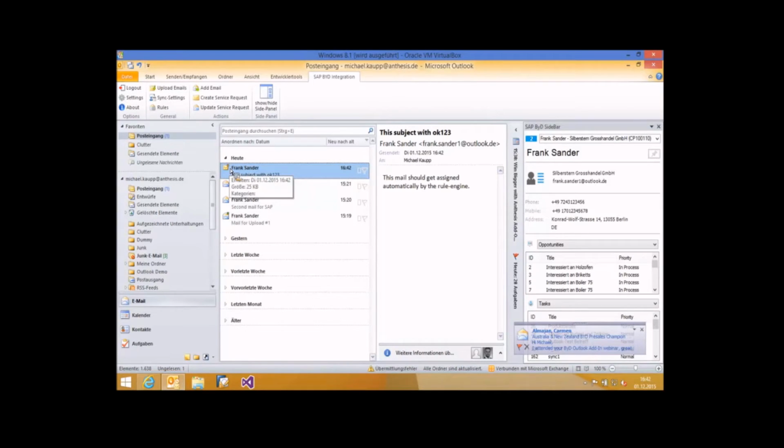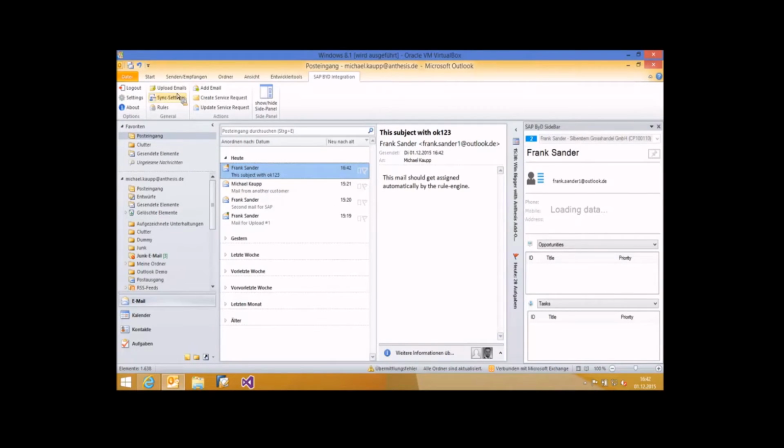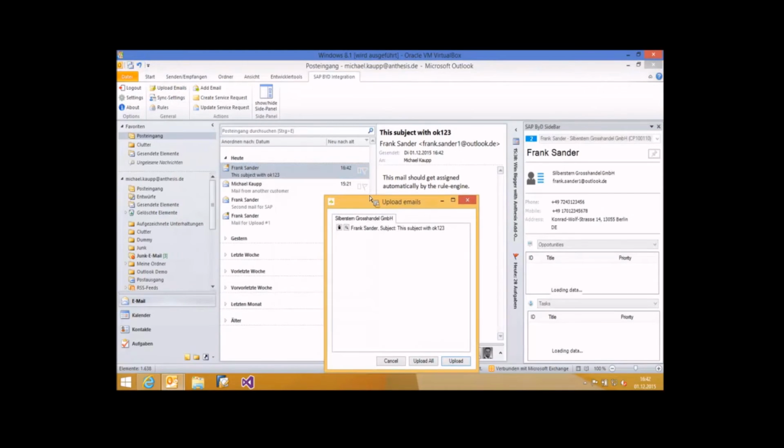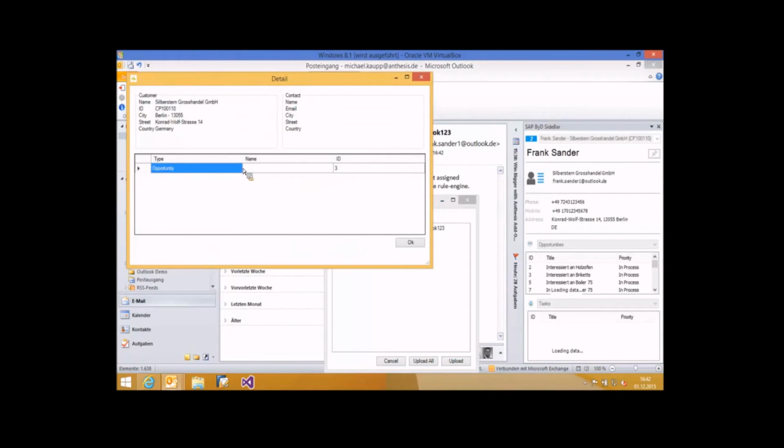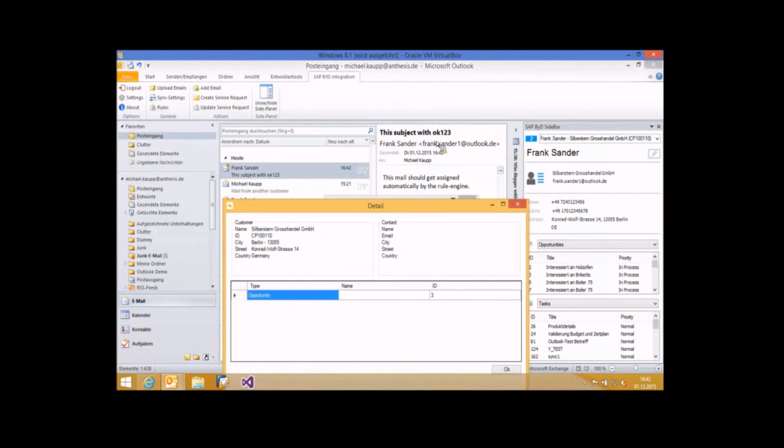And you see, we have already this orange dot in the upper right corner. So the assignment has been done automatically because we have implemented some rules in the ribbon. So if I now click on upload email, this email is already stored in the upload queue. And if I now click on this lens and check the detail, you see, okay, it directly goes to Silberstern Großhandel. We do not have defined a context in the rule dialog, but we have defined an opportunity with the ID 3. And if we check the email, okay, the subject